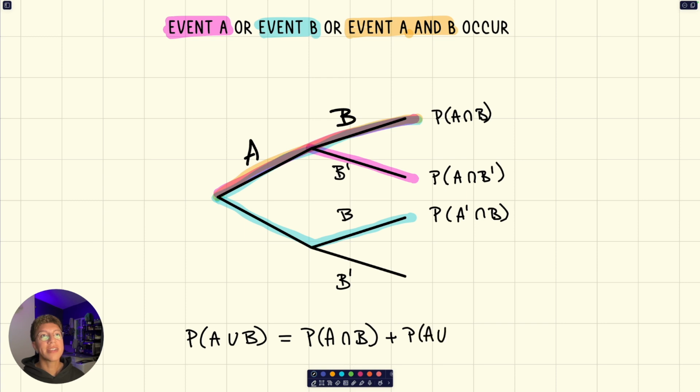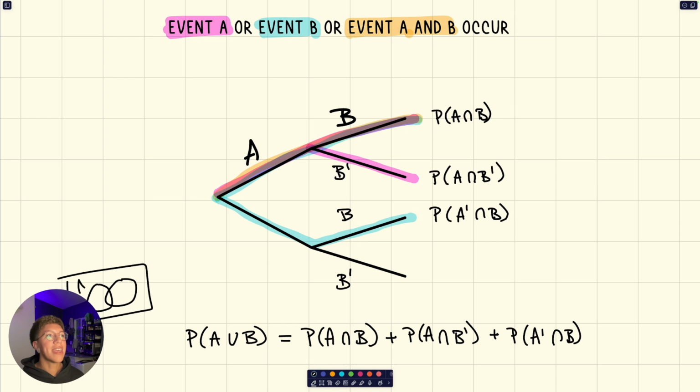And if you're curious, oops, that should be an intersection. You can go into the Venn diagram and shade these three intersections in, and you should see that when you have these three all added together, they do in fact add up to the union. We can go ahead and put it over here to the side. So if this is A and this is B, and we'll highlight one of these at a time. We'll say,